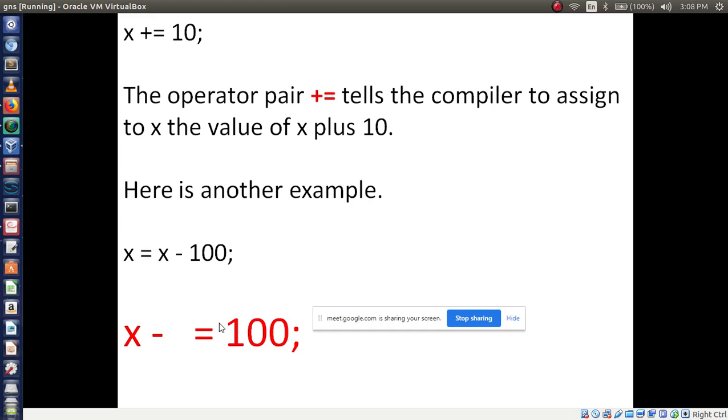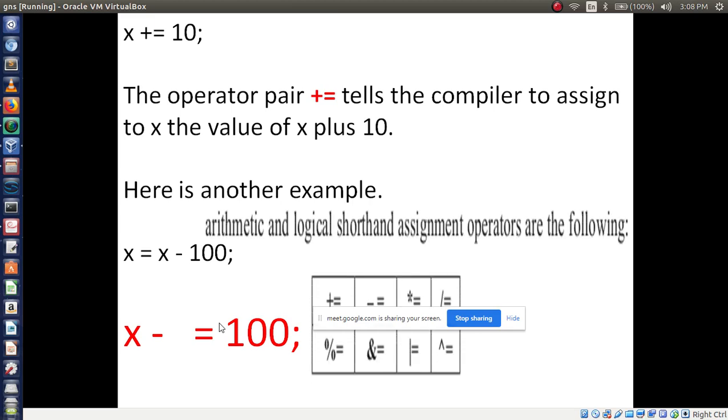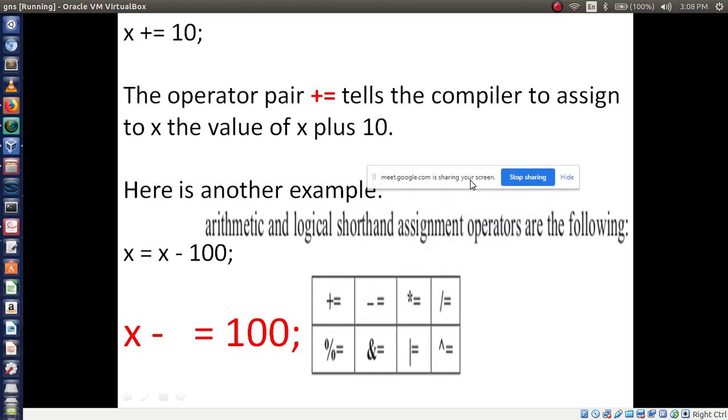Plus and minus. Okay. Now, in arithmetic and logical shorthand assignment, if they ask you to write a note on shorthand assignment, you write a simple example, take two examples, plus and minus, and also write this table: plus equal to, minus equal to, star equal, slash equal.